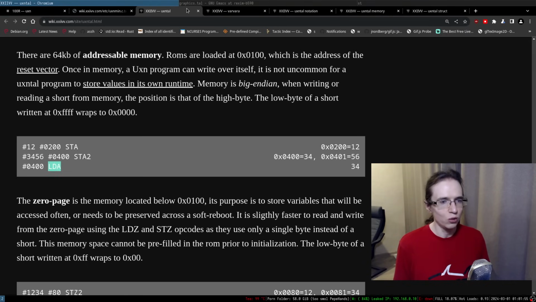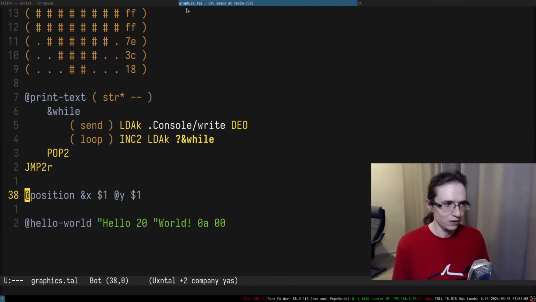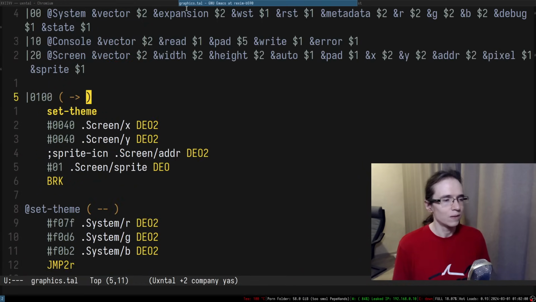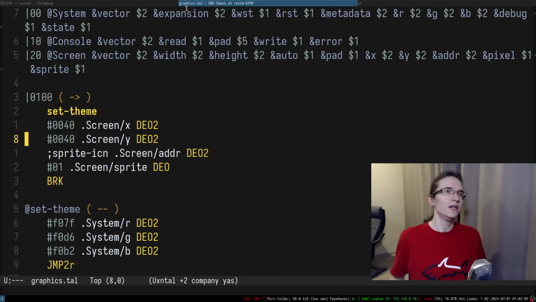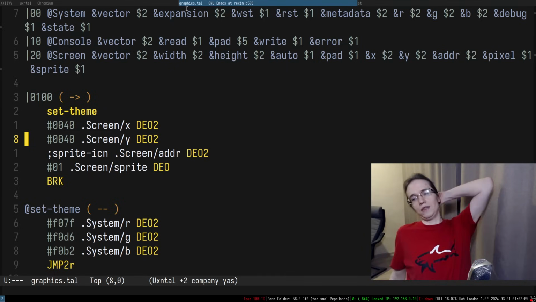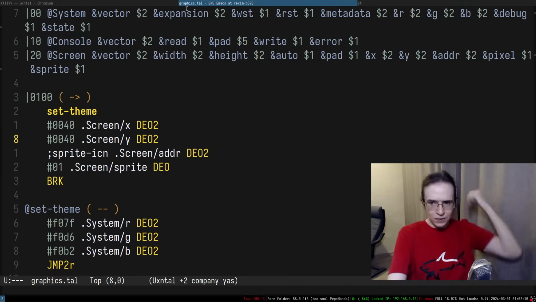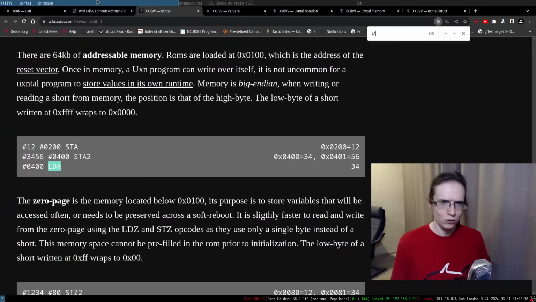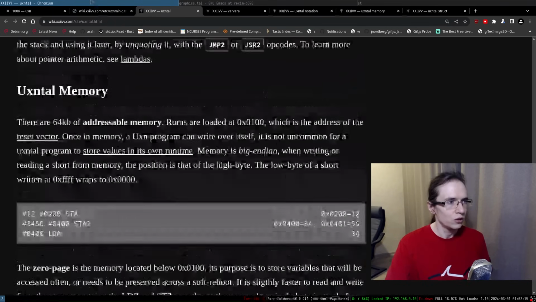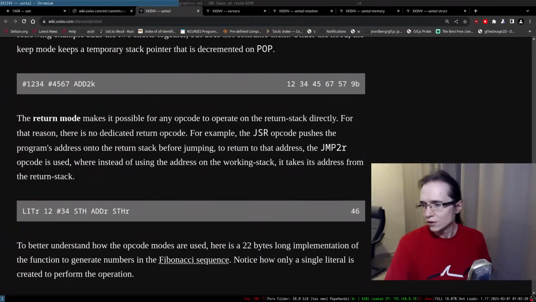But what if I want to load two bytes, because X and Y is going to be 2 bytes? Do I load them separately? I probably load them separately. LDA2? I couldn't find LDA2. So there is no LDA2. This is supposed to be a language.